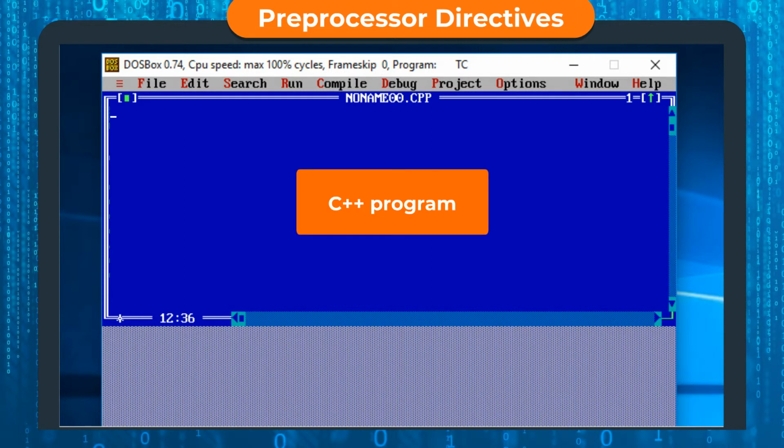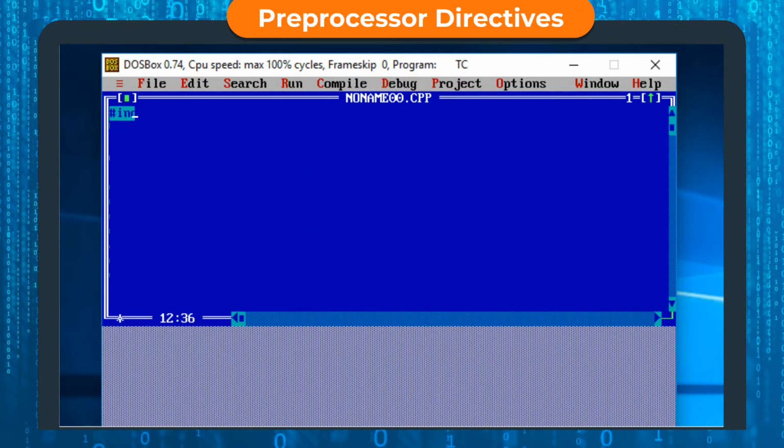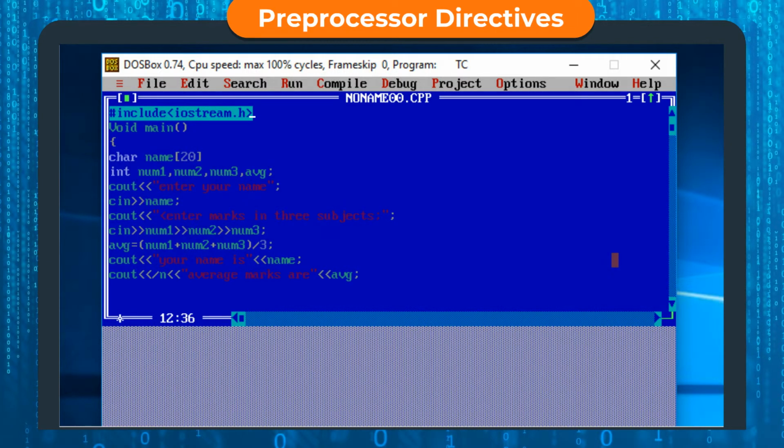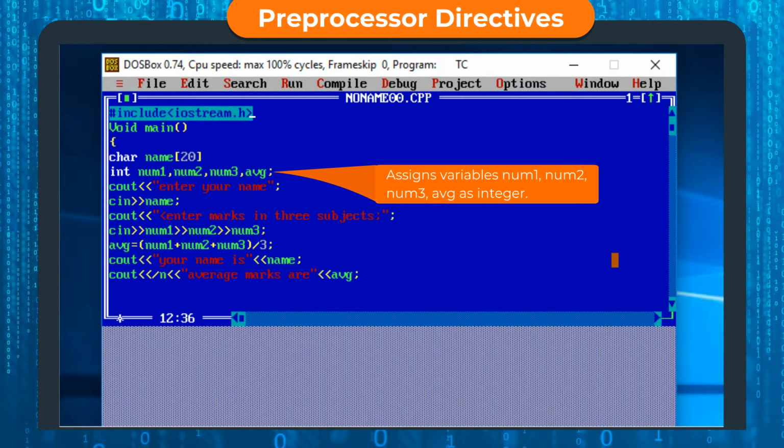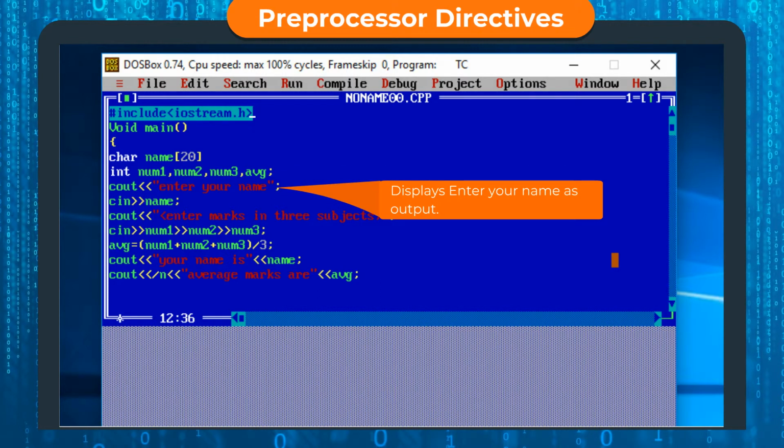An example of C++ code is given here. Include within brackets iostream.h. Assigns variable name that can take characters with size up to 20. Assigns variables num1, num2, num3, average as integer. Displays enter your name as output.